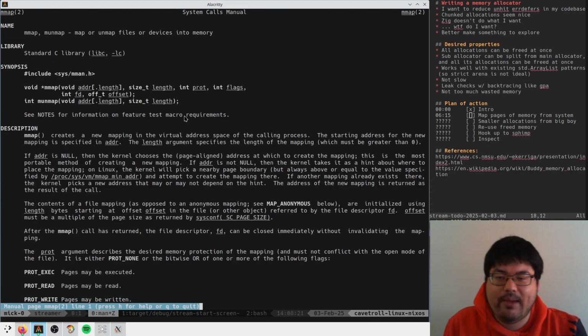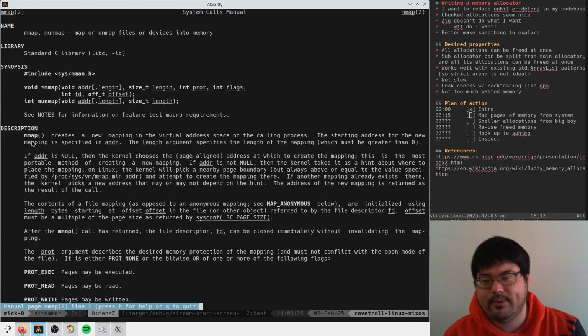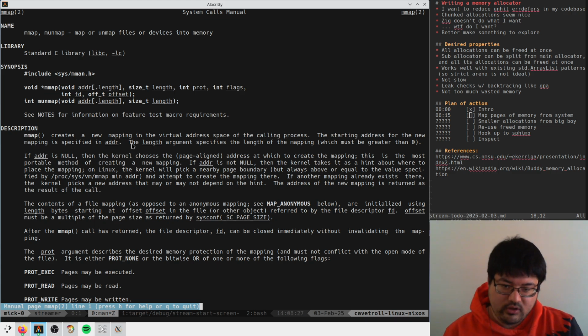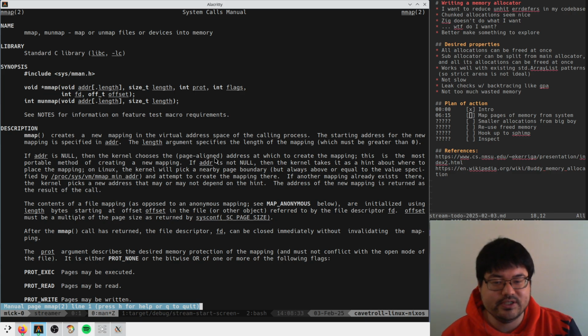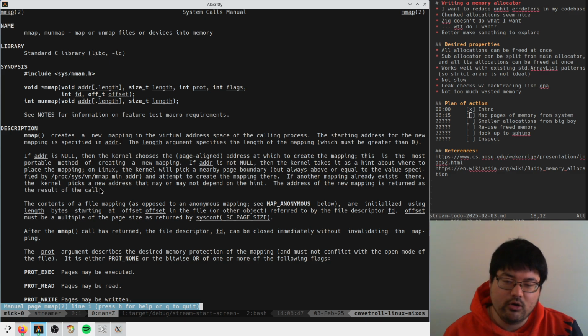mmap creates a new mapping in the virtual address space of the calling process. The starting address for the new mapping is specified in addr. The length argument specifies the length of the mapping, which must be greater than 0. If the address is null, then the kernel chooses the page-aligned address at which to create the mapping. This is the most portable method of creating a new mapping. If addr is not null, then the kernel takes it as a hint about where to place the mapping. On Linux, the kernel will automatically pick a new nearby page boundary. If another mapping already exists there, the kernel picks a new address that may or may not depend on the